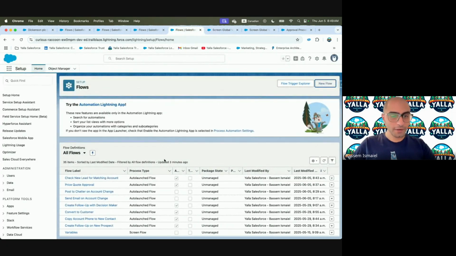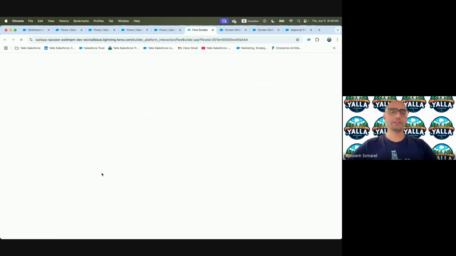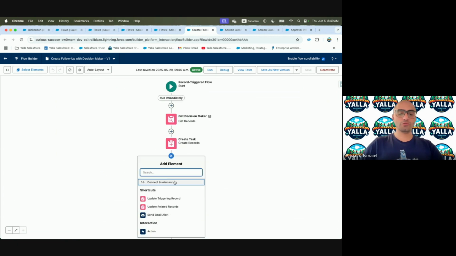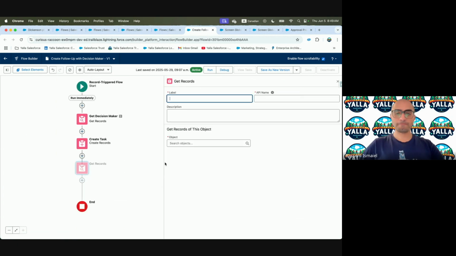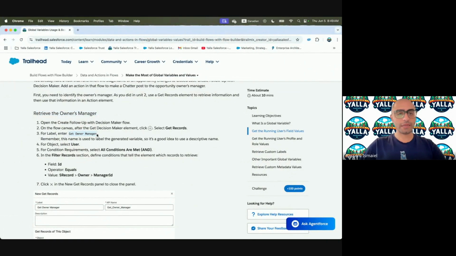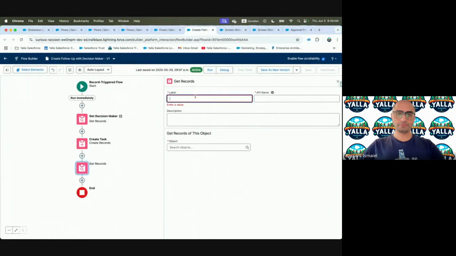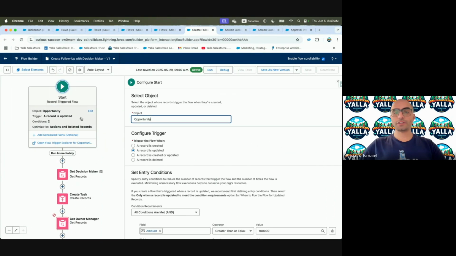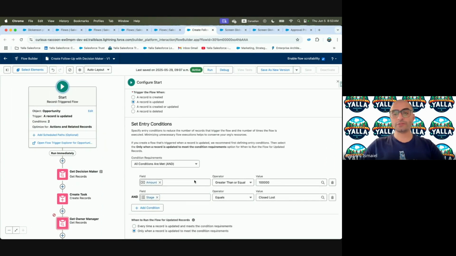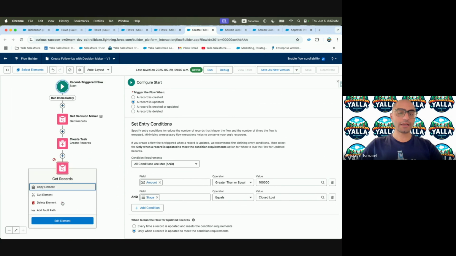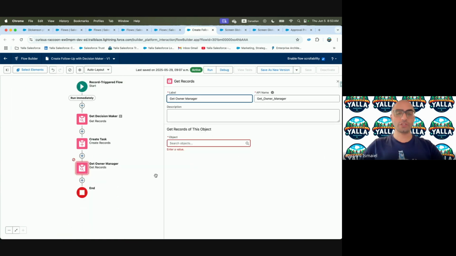Let's go back in here and say create a follow-up with the decision maker. And within here, I will be doing a new Get Record. And what will be the instruction? Get owner manager. So in here, if you remember, we had this one, which runs when the opportunity is updated, and we have a certain amount, and if it's closed lost, we were going to get the decision maker and create the task. Now it's time for mentioning the